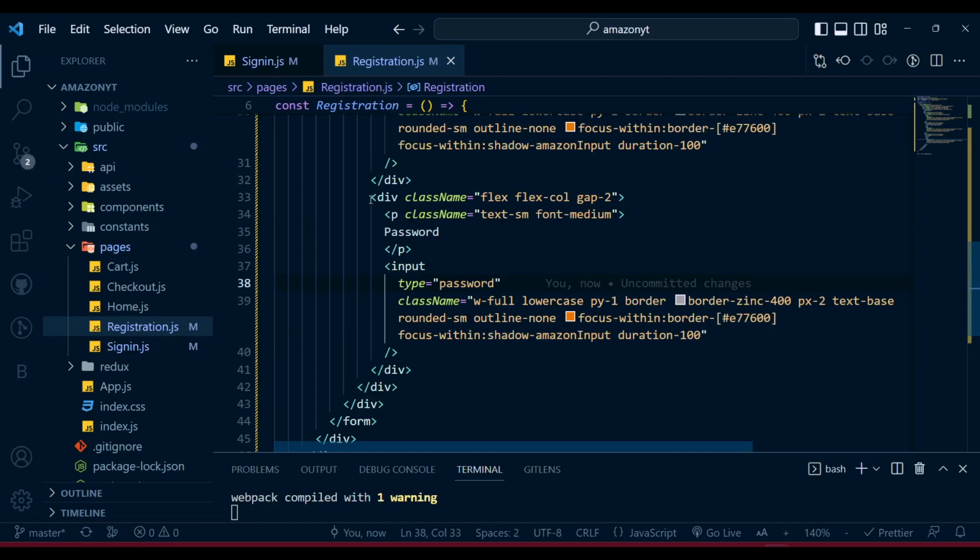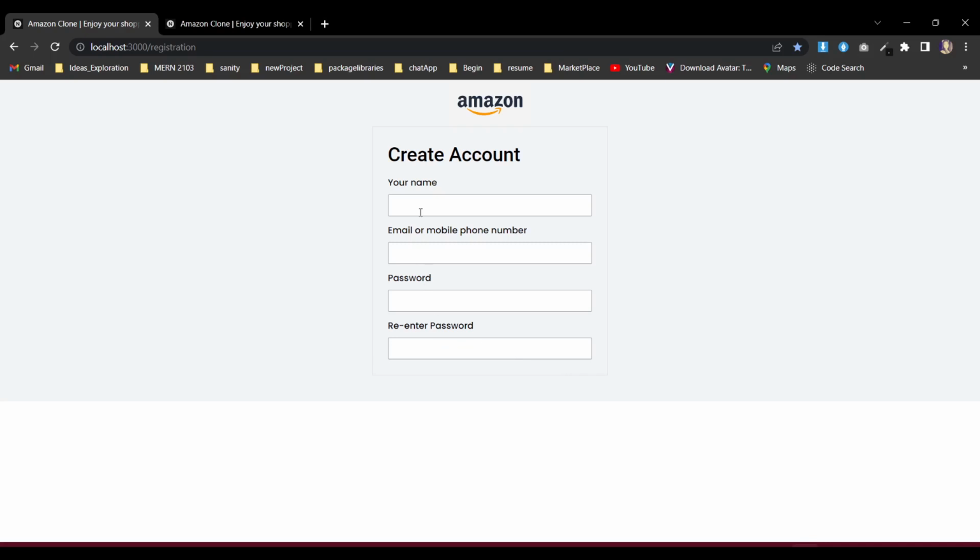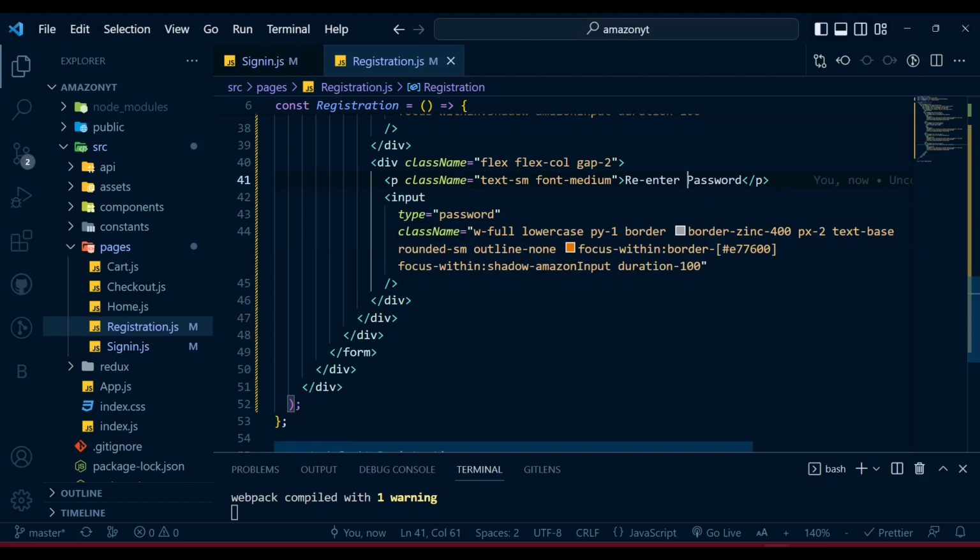And also after that, I'm gonna copy those things and paste it here, and that one will take the re-enter password, and also it will be password. So if you come over here, we have name, email, password, re-enter password, and now we need to have that